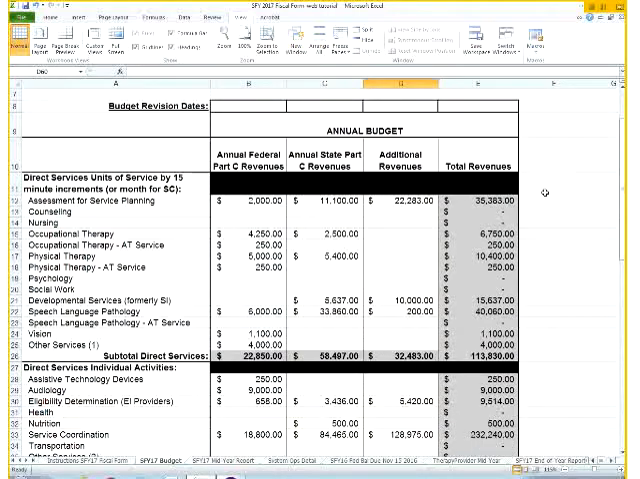of the budget form. And here we're going to talk about these three columns: annual federal Part C revenues, annual state Part C revenues, and additional revenues. So what does all that mean? Annual federal Part C revenues refer to the amount of Part C funds allocated to the local system for that particular fiscal year. As we stated before, those amounts should be reflected in what you received through your local Part